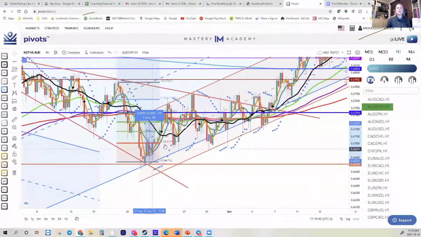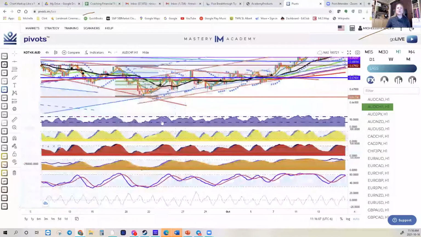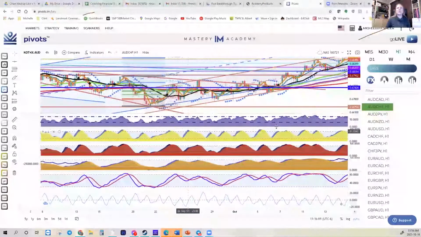Would I have re-entered it again? Yep. I probably would have put an alert here at this 8 and waited to see if it came back down to this 8 and rejected off the 8, and then I could look to see again. Here is a little bit worse risk to reward, only because your stop loss needs to be down here, right? But if you've got everything aligned for the buy again, right there,